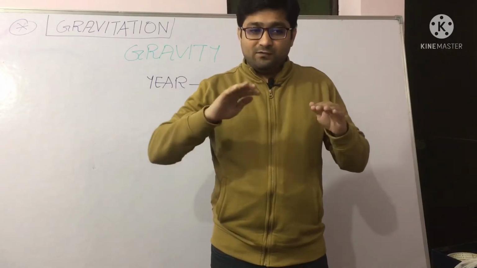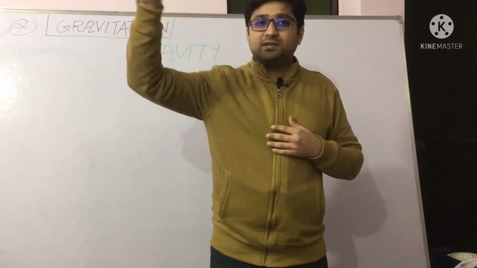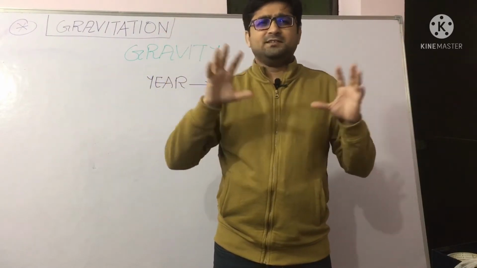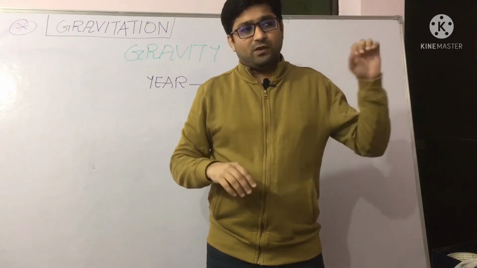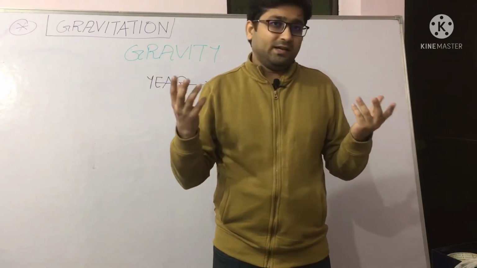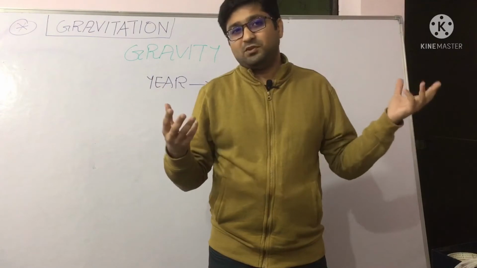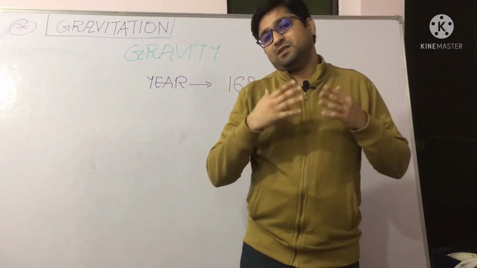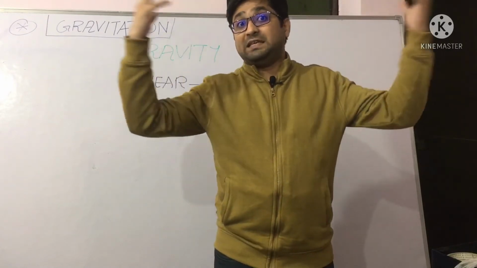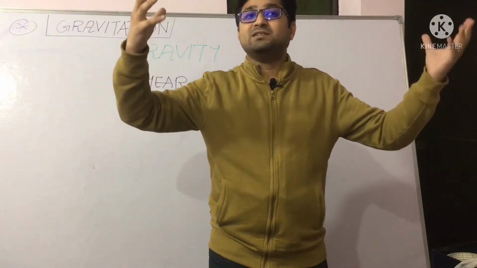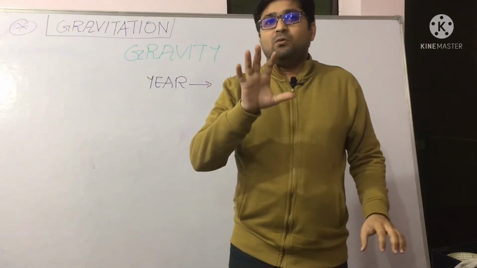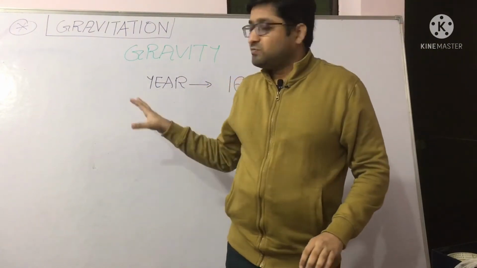That means if we go in outer space, outside the earth, then also between the planets there is a force of attraction. One planet is attracting another planet, but the force, again I say, depends upon the masses of the objects and the distance between them. When the distance increases, the force decreases, or when the mass increases, that means the mass is big in size, then the force of attraction definitely increases. I'll tell you mathematically also how this force comes.